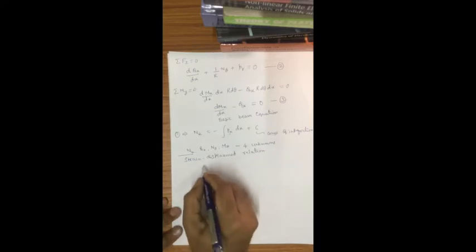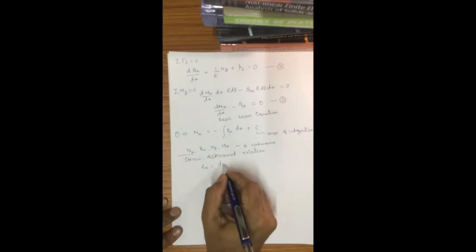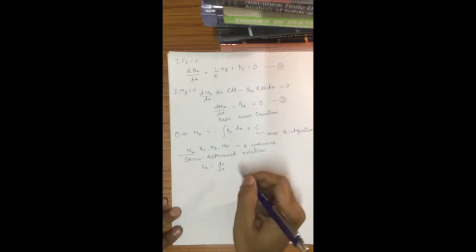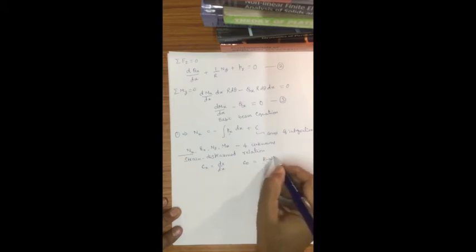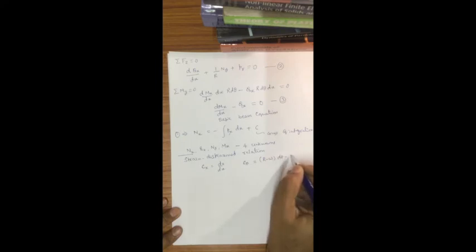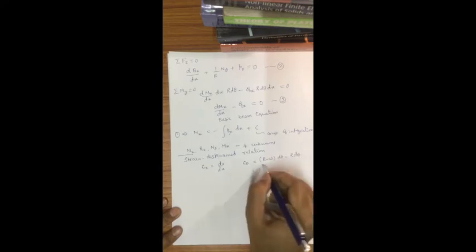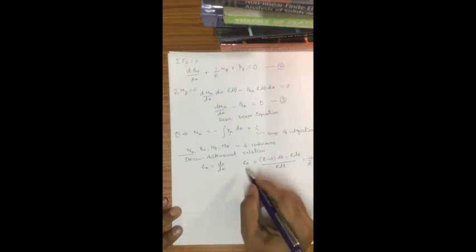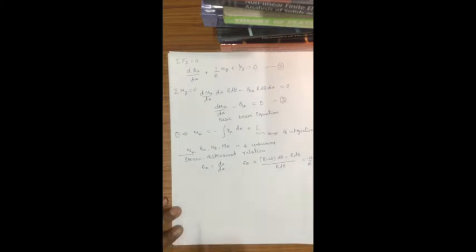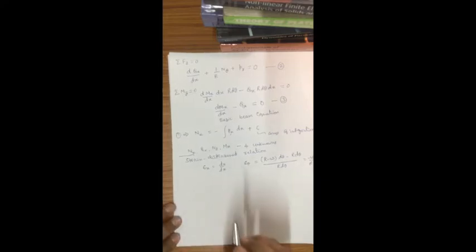In that we already know that epsilon x is written as du by dx, with a partial derivative because it's an axisymmetric problem. Epsilon theta was equal to ((r minus w) d theta minus r d theta) divided by r d theta, which was equal to minus w by r. W is the transverse displacement. So therefore epsilon theta is equal to minus w by r. Do we get the shear strain gamma x theta? I don't know. You have to think about that, right?